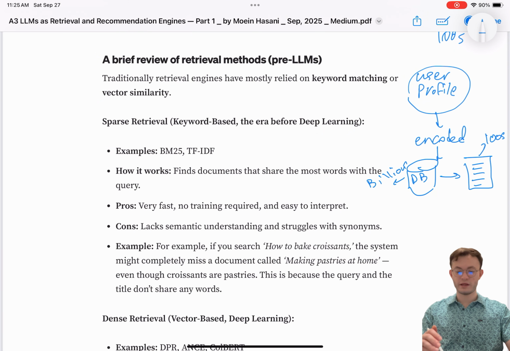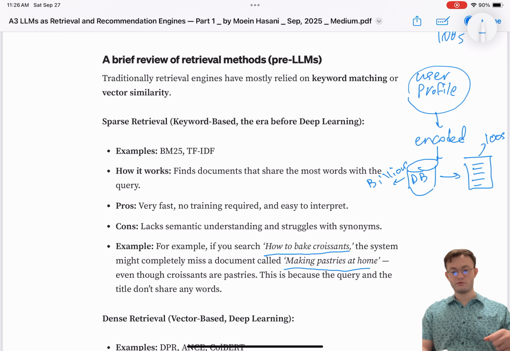What I mean by that is, you have a query like how to bake croissants, and if you're using TF-IDF and BM25, you may miss a document that says making pastries at home. And we understand as humans that croissants are a type of pastry.